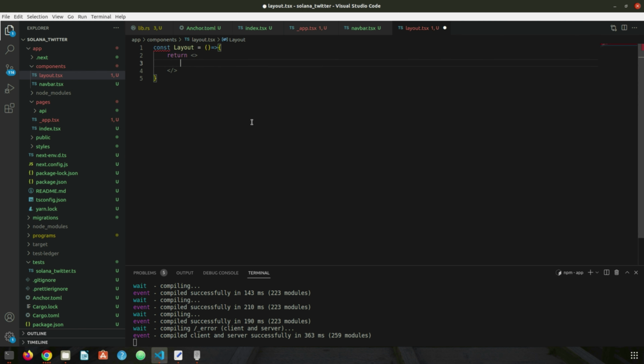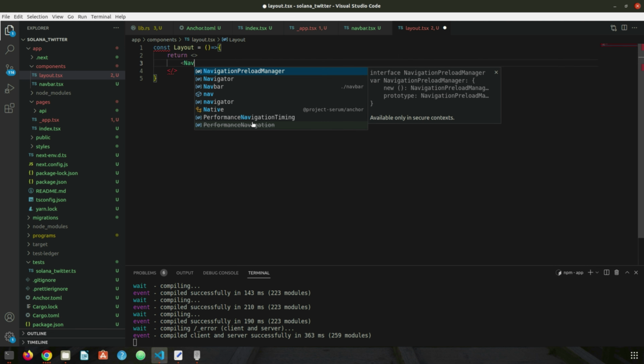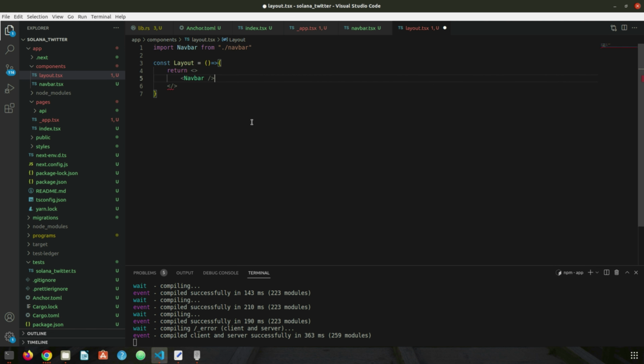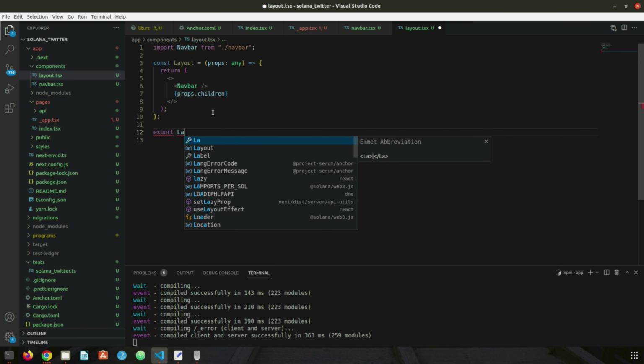The first thing that layout should have is a nav bar, right? And layout will take some props. It will be of type any. Once we populate nav bar, we want to populate everything that comes as a children. So we're gonna say props.children like this. Last but not least, we would need to export this. So export